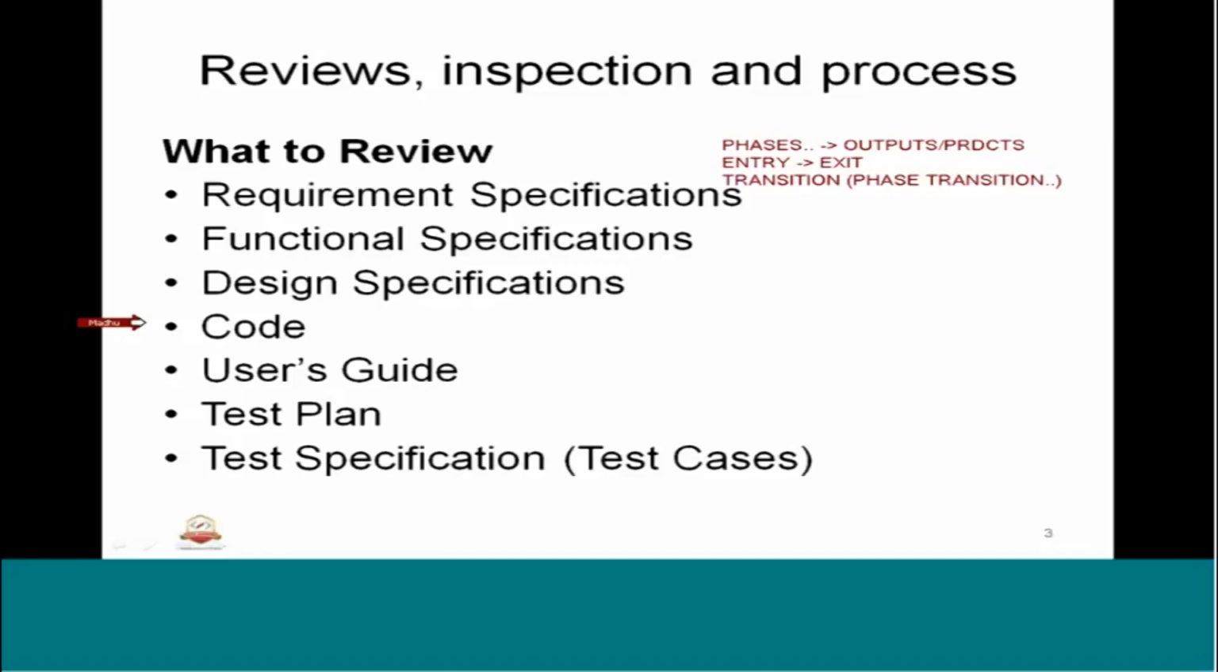So next is the code. Coding is the process of translating the internal design or specification, the low level design, into the specific set of code. So what we are going to check during the code is, are there any data reference errors, data declaration issues, computation issues, comparison issues, control flow errors,